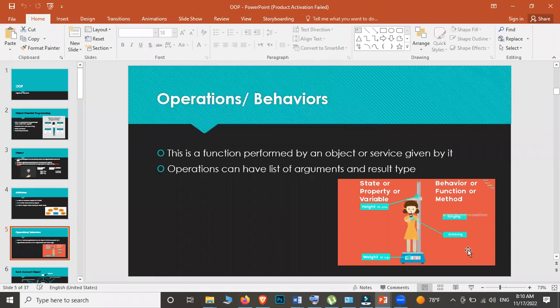So when we take an object, there are things we can do with the object, right? If you have a phone, we can call, take pictures, record, and listen to music. Things that we can do with it are known as operations. But if we are explaining the phone, saying it is this brand, the height is this, the color of the phone is this, then you are giving an explanation about the object, isn't it? So that comes under what? State or attribute. I hope you got a clear idea about that.